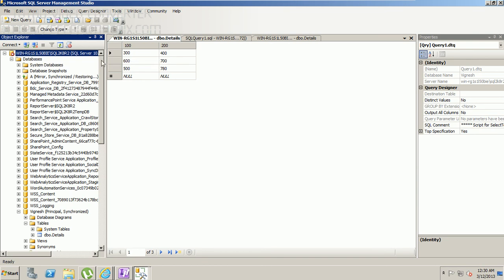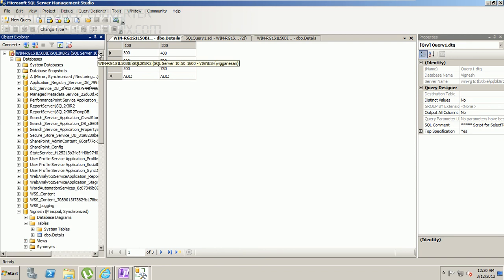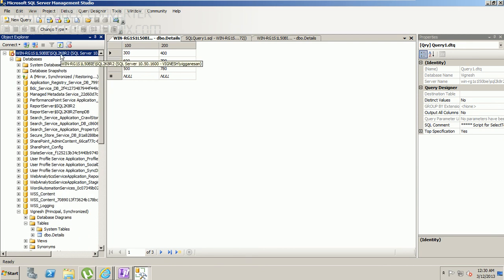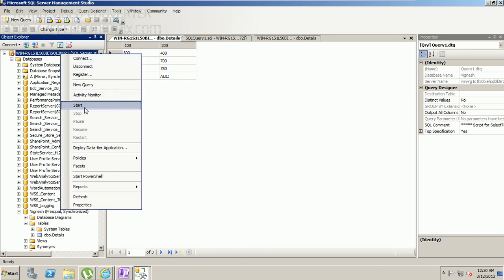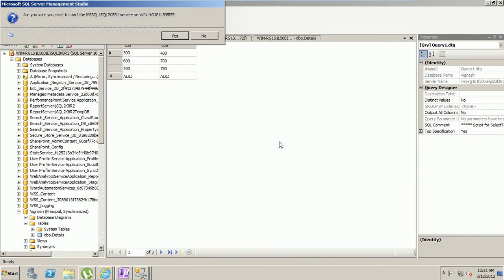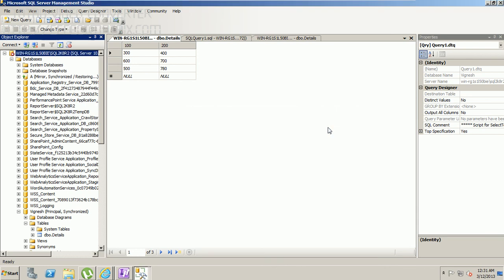So this means that there is not going to be any particular downtime when the server is shut down, or when there is some issue with the primary server or things like that. So when I go ahead and start the primary server again, let me go ahead and start it again. I'm just saying yes for it. It's going to start. You see this green symbol, it means that the server is online now and it is working.